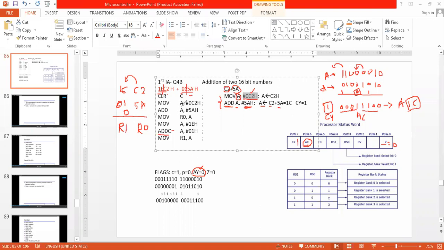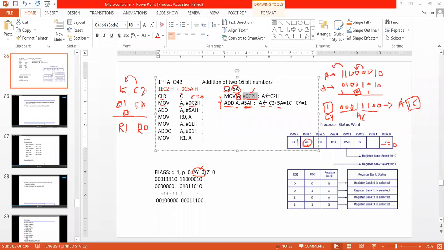So how can I do that? First, I will clear this carry flag. Now what will happen? Clear C, so C is equal to 0. Then MOV A, #C2.